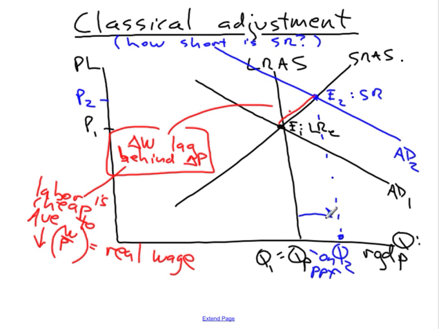We'll be there for a while, but only for a while. It's a short run equilibrium because eventually wages will catch up. And when wages do catch up, the increase in the real wage when new contracts are negotiated represents a rise in input costs for firms. So the short run aggregate supply curve will shift back, a fall in short run aggregate supply due to an increase in the real wage,